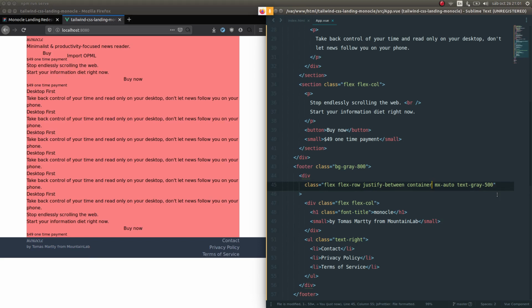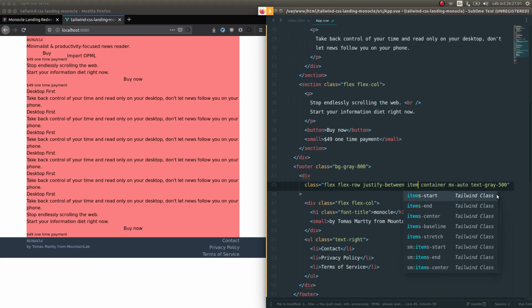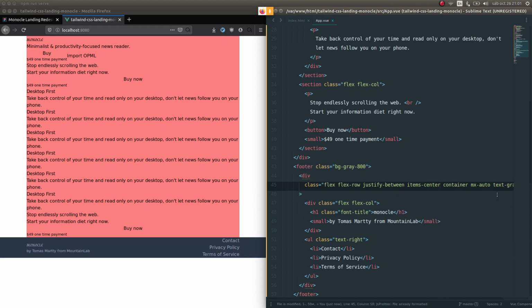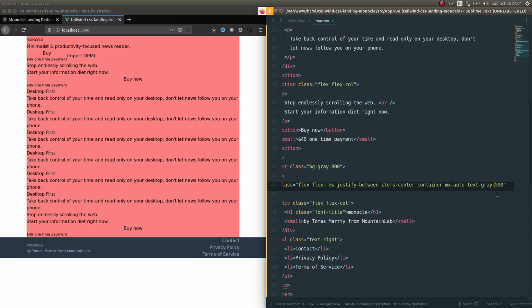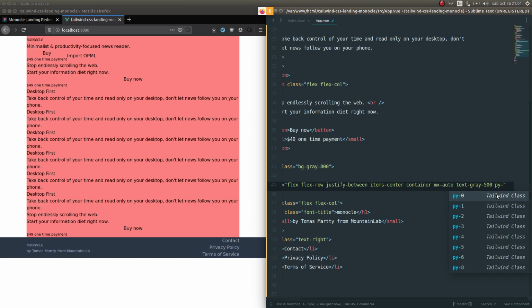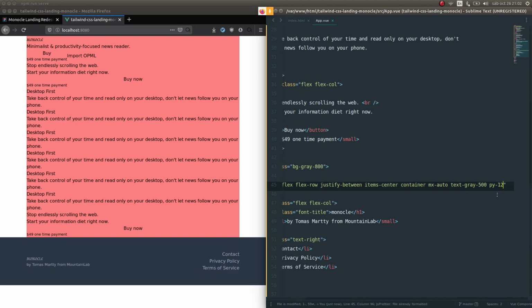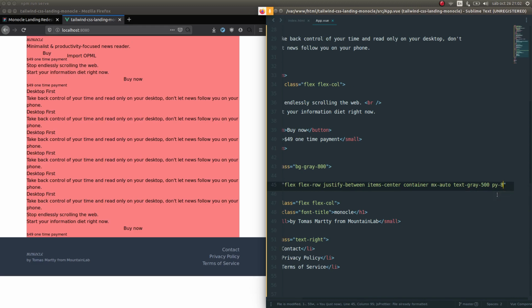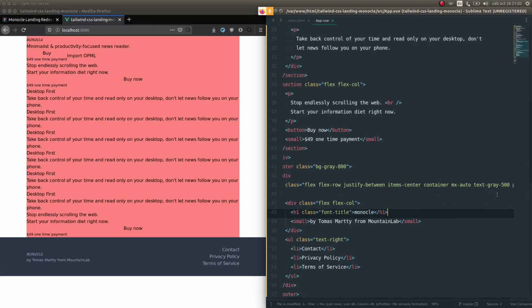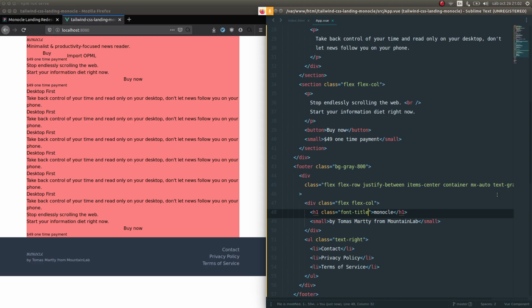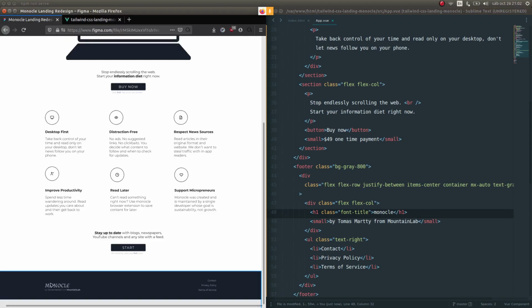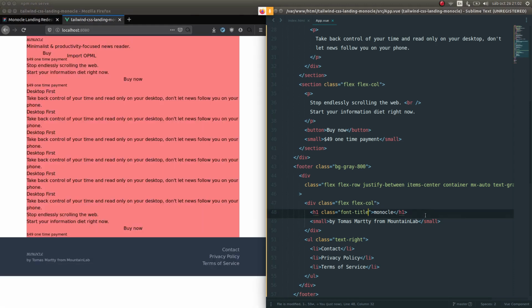Now, to center this vertically, we'll go with items center. There we go, and we'll just give it a little bit of padding Y. I like to start with something like 12. It's a bit too much. Let's go with 8. That's a bit nicer. Now let's define the title font size here, probably 2XL. Let's go ahead, text 2XL,